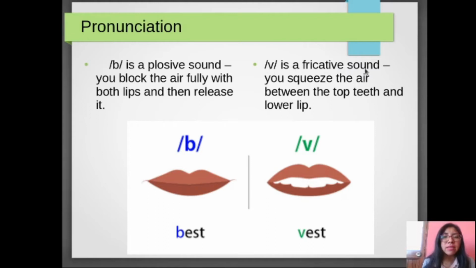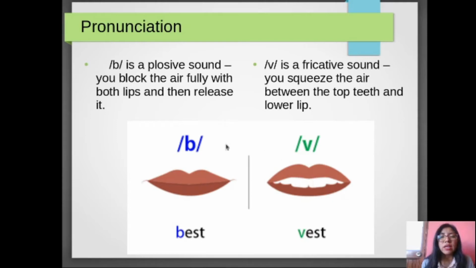is a fricative sound. You squeeze the air between the top teeth and lower lip. Okay, so we are going to use the top teeth and the lower lip. That is my lower lip, okay? In order to pronounce, that is the way that you are going to pronounce this sound, okay? So you are going to use the teeth and the lower lip, okay? So we are going to pronounce in that way. Pay attention. Best,